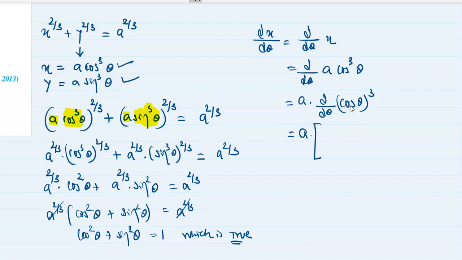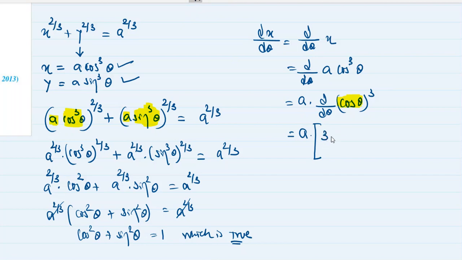So first I'm going to treat it as theta, so d by d theta. So I'm going to treat this as theta. I'm not going to touch it. It's our stuff. We don't touch the stuff. So theta cube becomes 3 theta square, or 3 cos square theta. If we just treat it as theta.